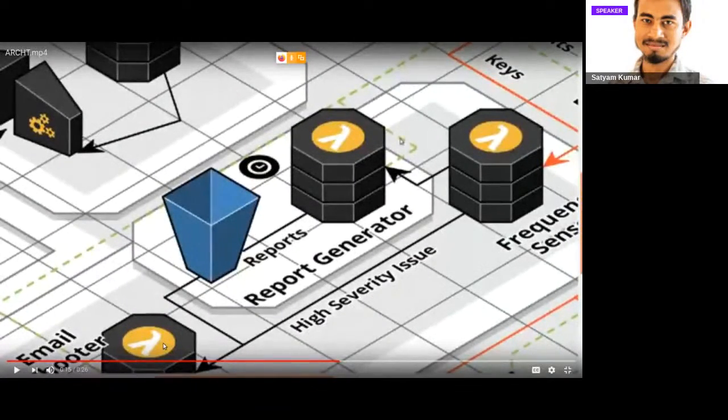Now it is the job of the report generator to combine all the alerts which we have received until now and create a PDF report out of them, and store that PDF in S3. Then we need to publish the event to some event bus which might be consumed by other services. So the report generator is sending the event to SQS, again as a message broker service, and the SQS is then triggering the email shooter service, which in turn fetches the report we have stored in S3, attaches it in an email and sends it to the client.